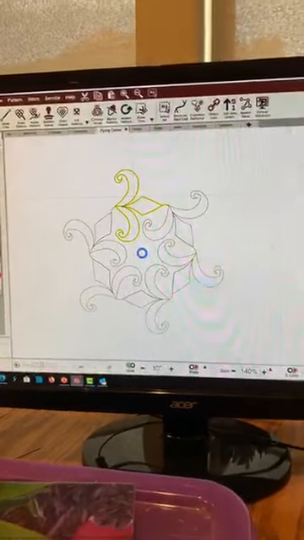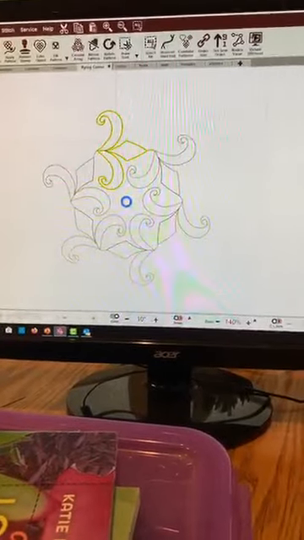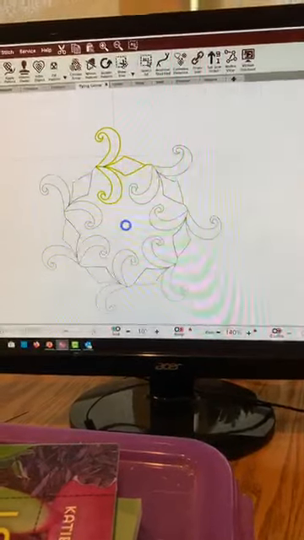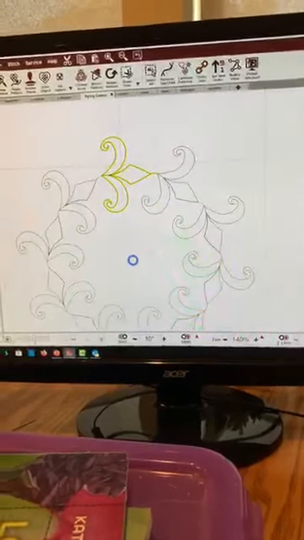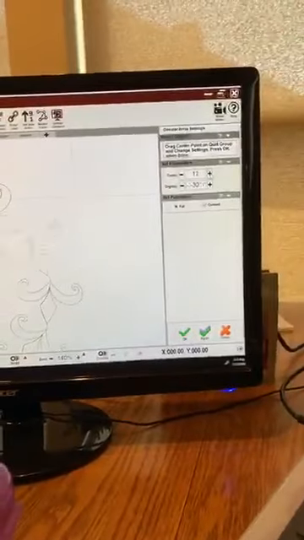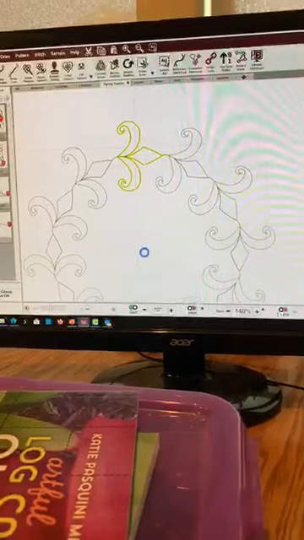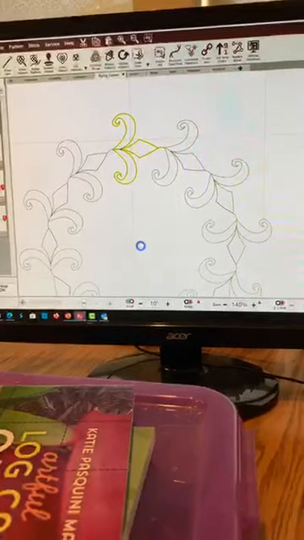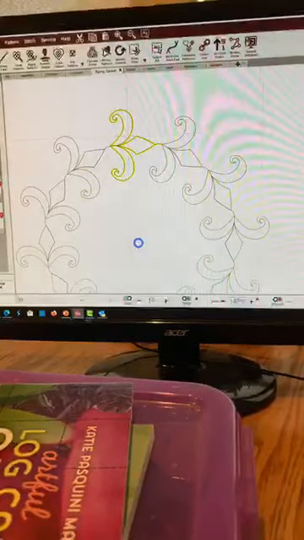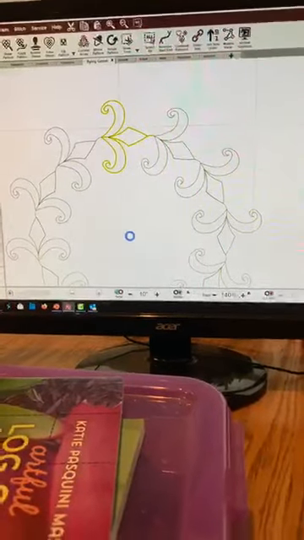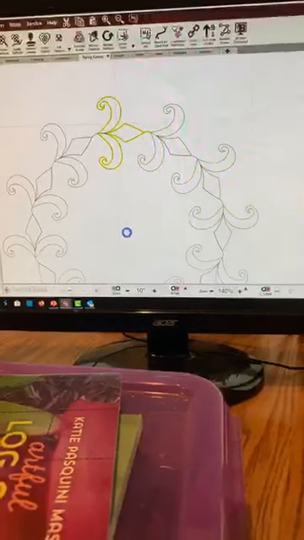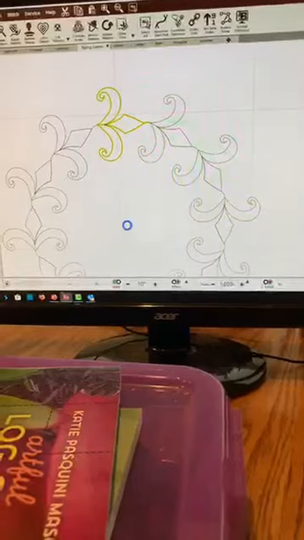And look what happens. You get a beautiful little pattern here. Now I can increase the count. Here I'm increasing it all the way up to 12, and I get a beautiful wreath looking pattern. And this will sew continuously. And then, you're going to want to save this pattern because you've already made it, and you can save it